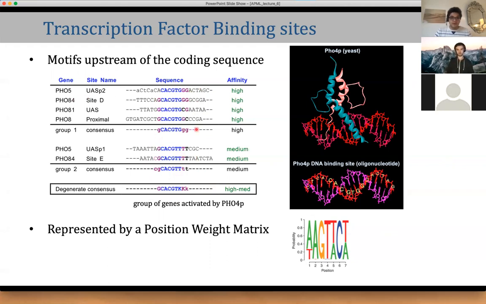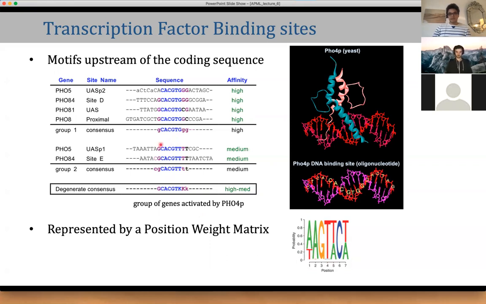And so you have those binding sites. There's a binding site from the transcription factor, and you can see here if you generate a consensus, there is a preference at each position. It's position dependent, and there is a preference for certain letters. And a way to represent that, as we saw fast in the beginning with the multinomial, you can represent those models by position weight matrices. That's really a model which is very common in biological sequence analysis. It just tells you for each position, you have a probability to get each letter. I mean, you can renormalize by the background and so on, but that's roughly what you get.